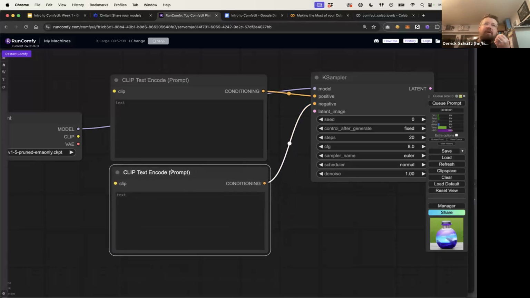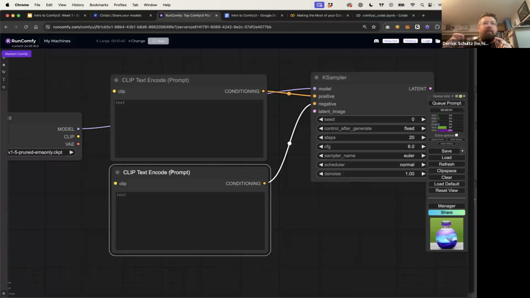This can confuse people. Expected, you mean that we have to have one? No, it's not required, but it is largely expected. There are often ways, even as we go through this, we'll look at things where it's easy to generate a negative in addition to your positive. And it does improve the quality of your image generation as well. So I would say almost always you should also include a negative prompt.